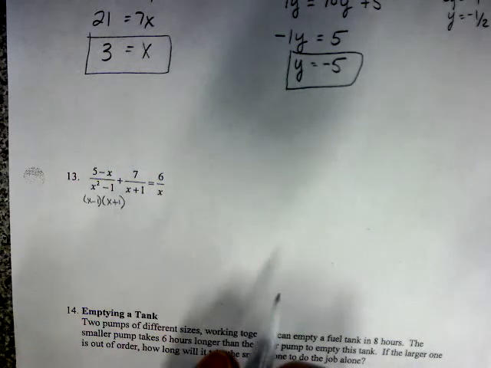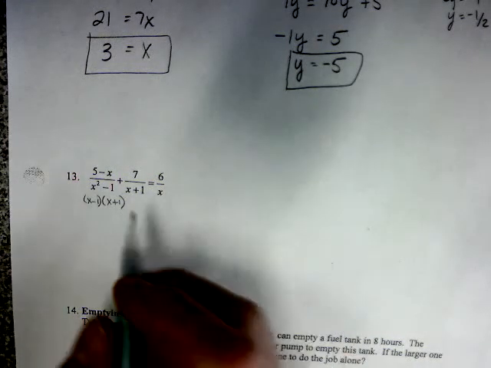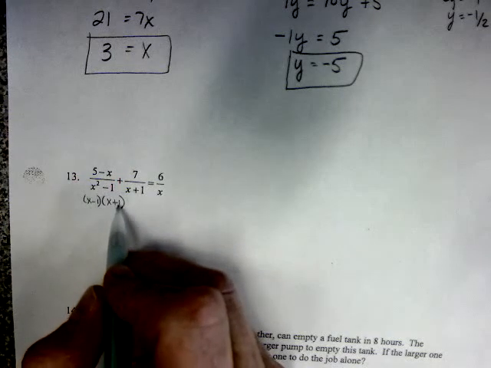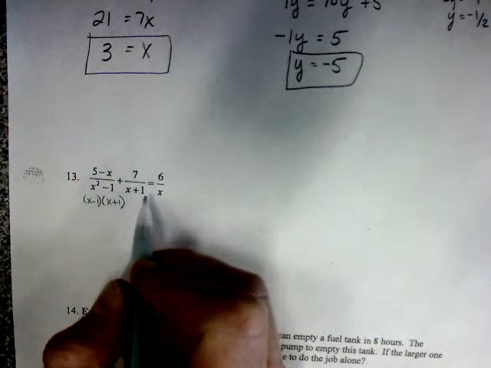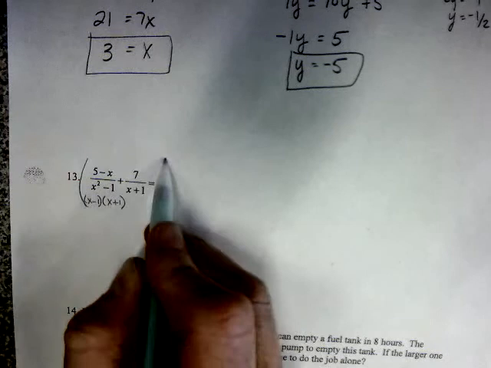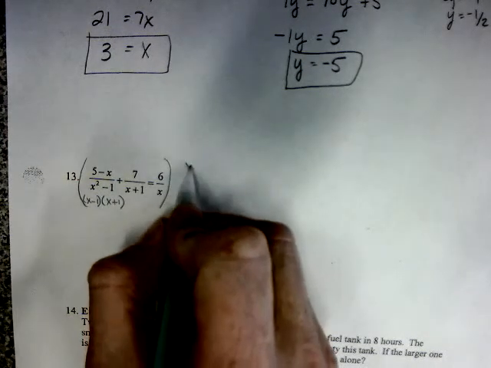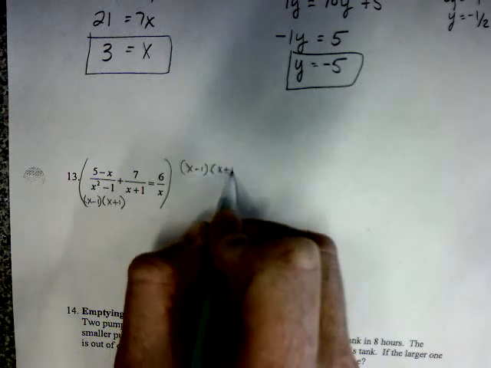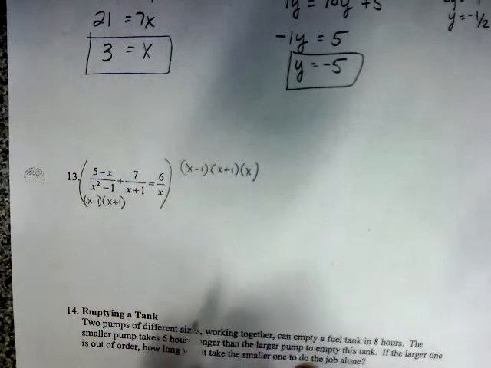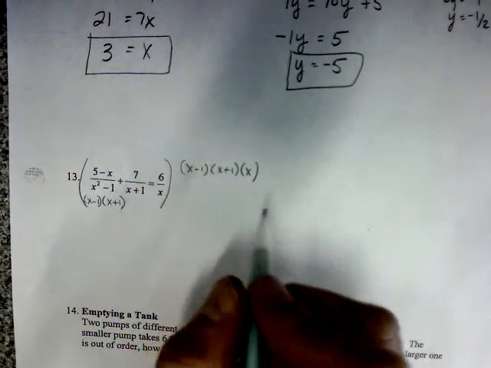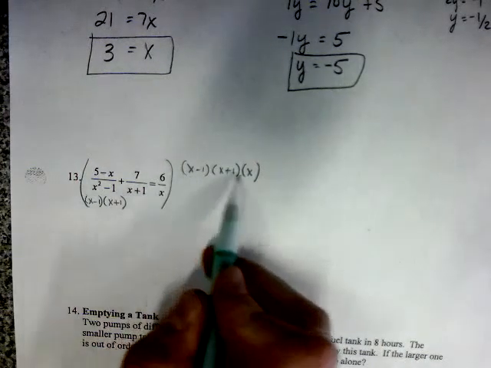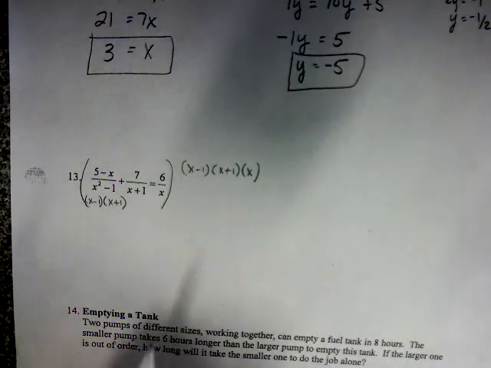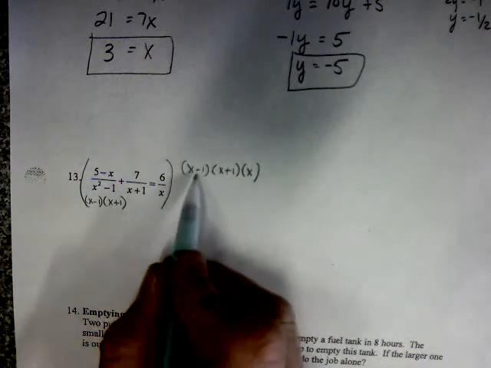So we need a common denominator. We're going to multiply through by x minus 1, x plus 1, and x, because that is what we need to multiply by to get rid of all the denominators. Okay, so when we multiply this first expression by this whole denominator, the LCD,